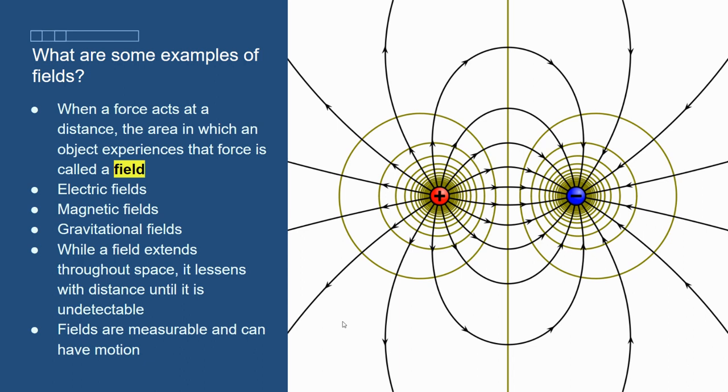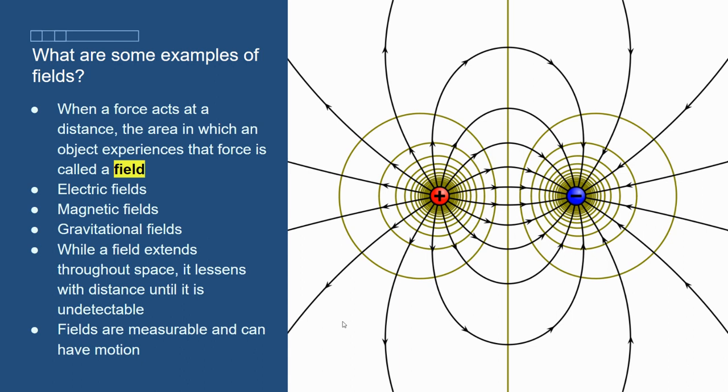But some of our forces that have fields are the electric field, the magnetic field, and the gravitational field. I love when science movies say, oh, there's a force field around it. Okay, what force? If you have an electrified fence around your yard, that's technically a force field because electricity has a force. But again, in those movies, I don't even know what it's made out of most of the time. They don't even tell you what it's made out of, but it deters anything from getting inside.